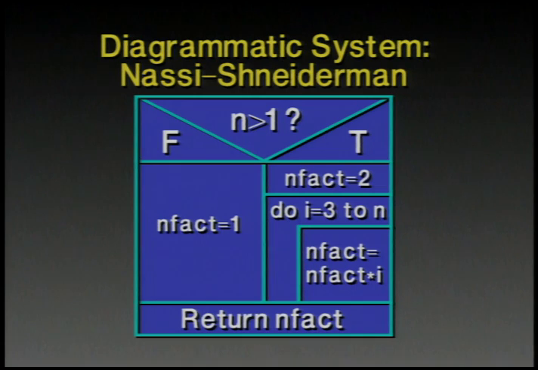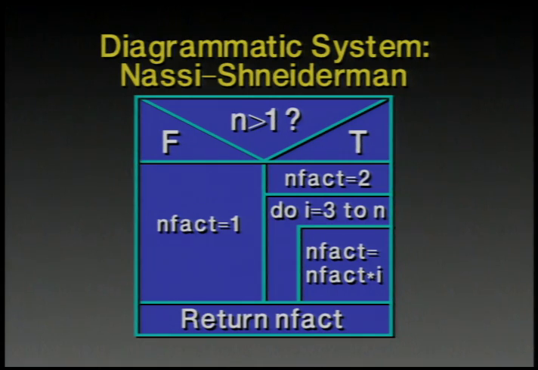If indeed it is greater than 1, then you take the right branch of this diagram, and you initialize the factorial variable, fact, equal to 2, and then a do loop from 3 to n, accumulating I as you go, and then you return the factorial. So instead of a text-based language, it's actually a combination of a text-based and diagram-based language, and this is just one glyph of this language